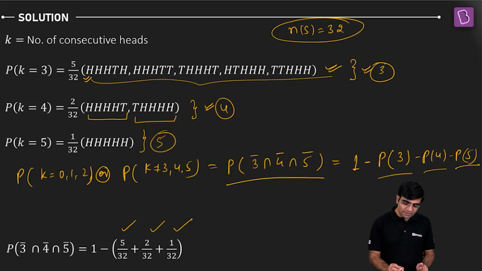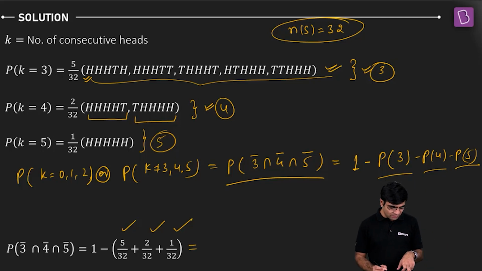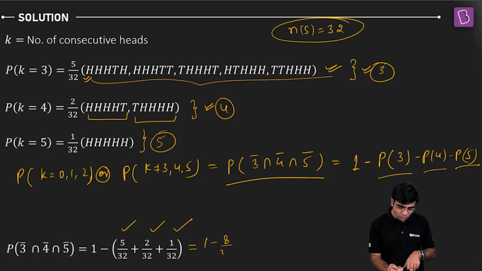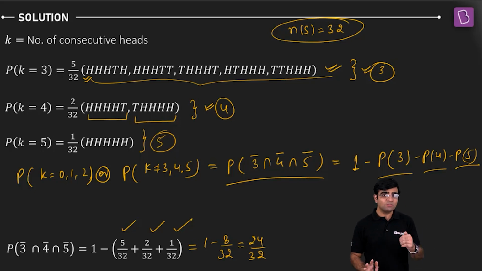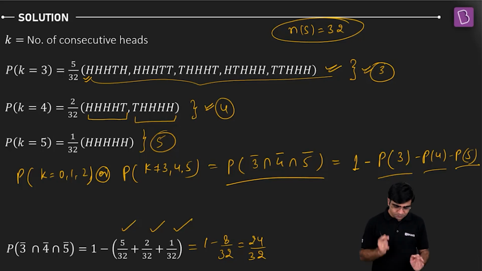Perfect. And from there we get this calculation. If you do this, this is nothing but 1 minus 5 by 32 minus 2 by 32 minus 1 by 32, so 1 minus 8 by 32, which makes it 24 by 32. Sorted? I'm not simplifying it, for a certain reason you'll understand, because we need to do that calculation of sigma pi xi. Okay. Is this sorted?